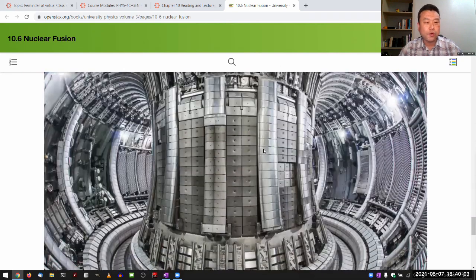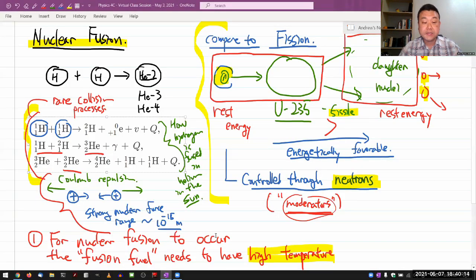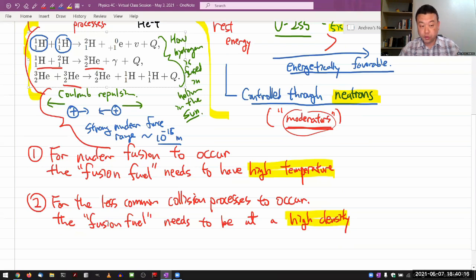This is a kind of confinement thing. And the goal of a device like this is really to produce these conditions in a controllable manner. They need to put together these light isotopes, where fusion is more energetically favorable to occur, we need to put them at high temperature, at high enough density,